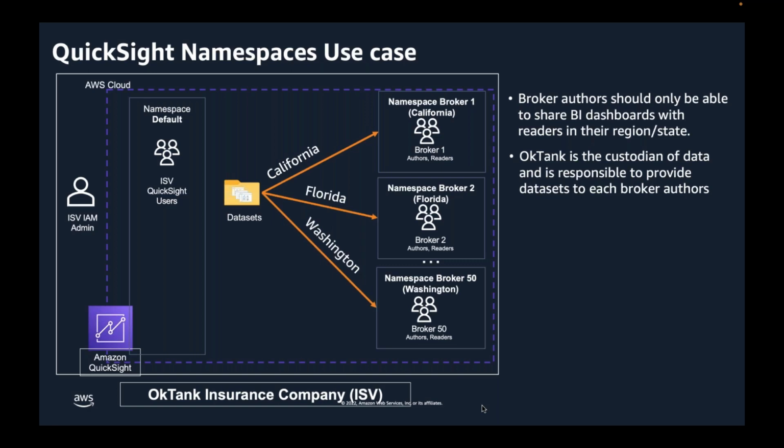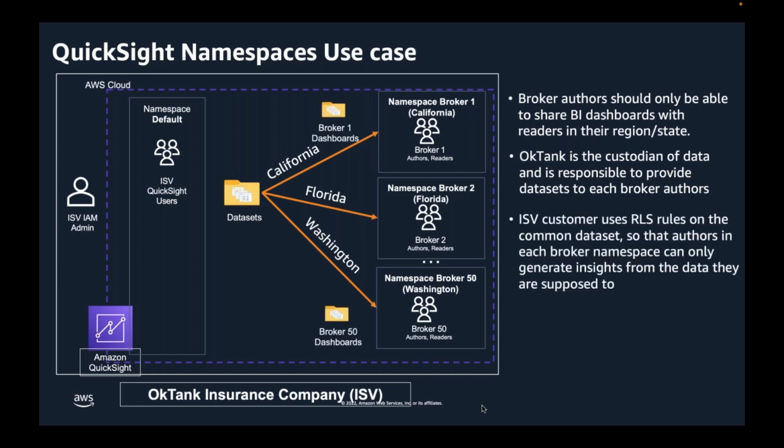So once this data is shared with each namespace, the authors of each namespace will be able to use that data, create the dashboards, right? And so each namespace has only visibility into the data which it should, and at the same time they cannot share data or dashboards with other authors or readers in other namespaces. So it's a very hard isolation, right? And it lets OKTank have better data governance and not worry about accidental shares and breaking the regulations